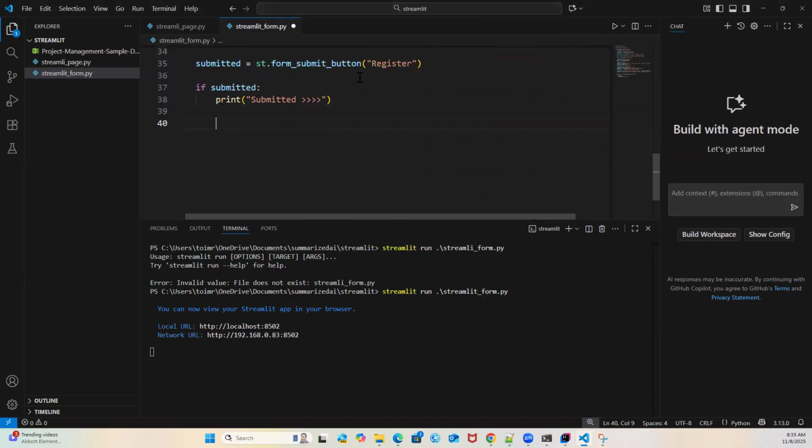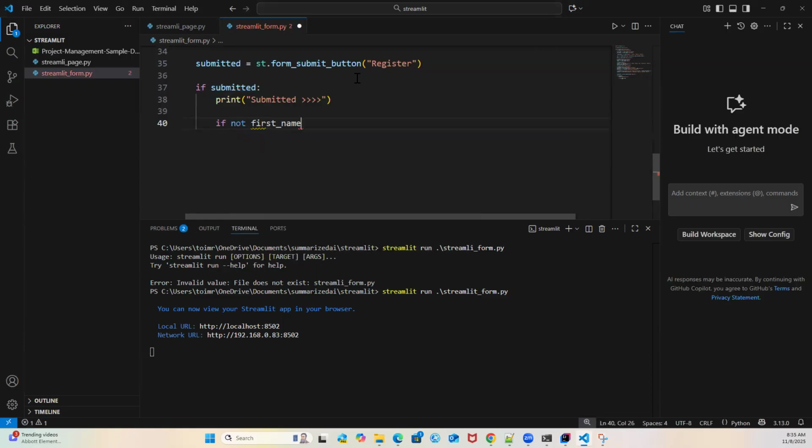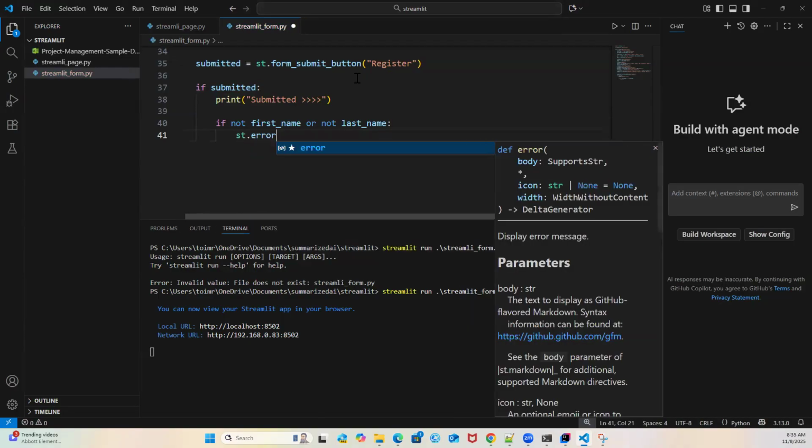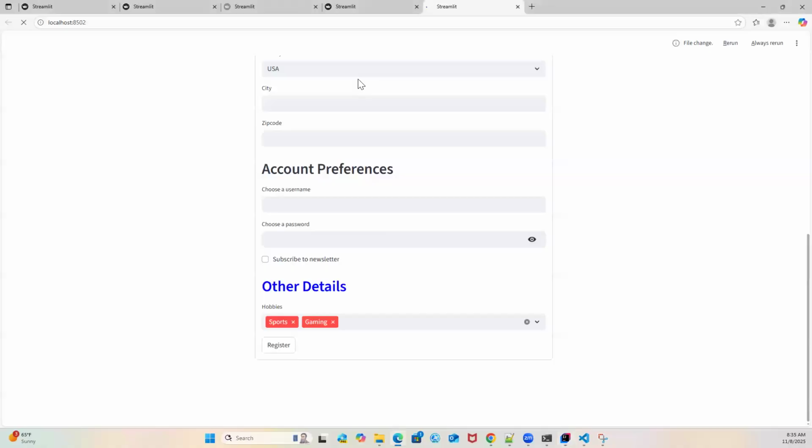So what I can do here is I can write if not first underscore name or not last name. Okay, then you have to show the error. First name and last name is required. Okay, now let's go back and refresh the page and see